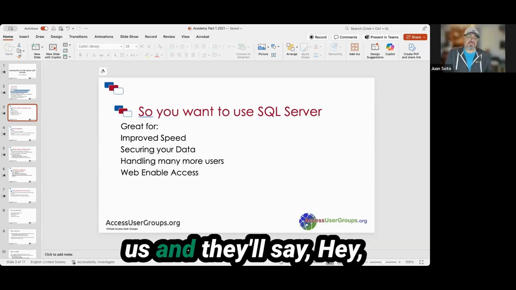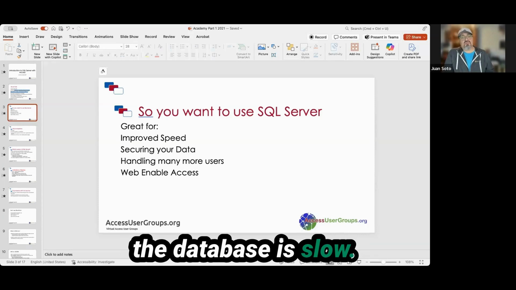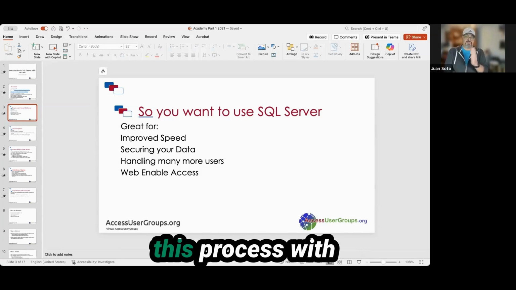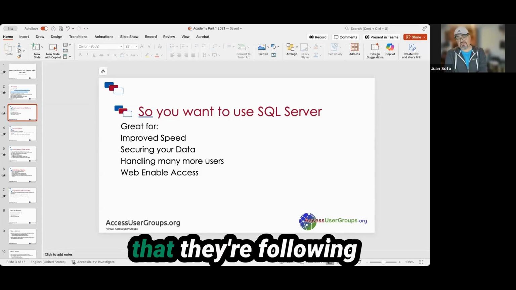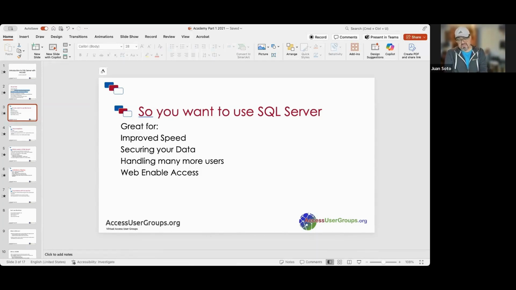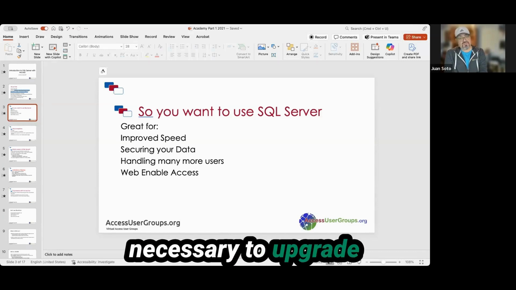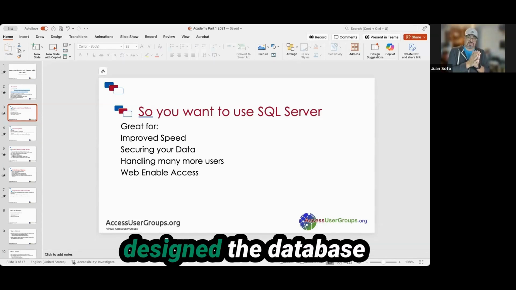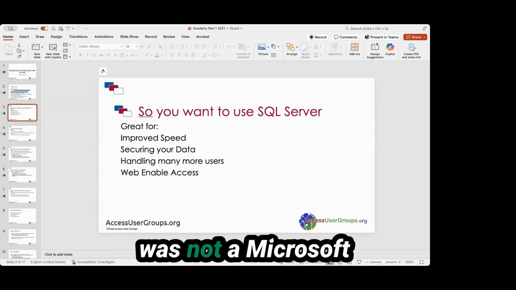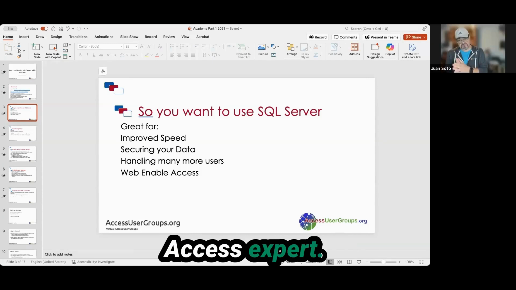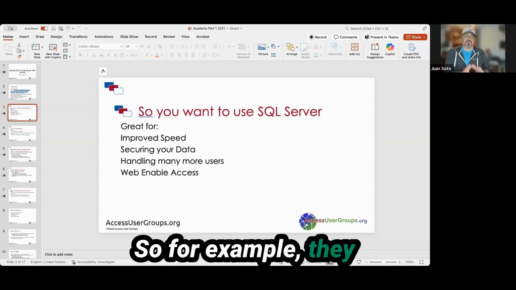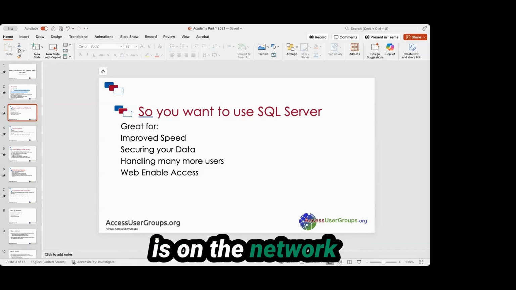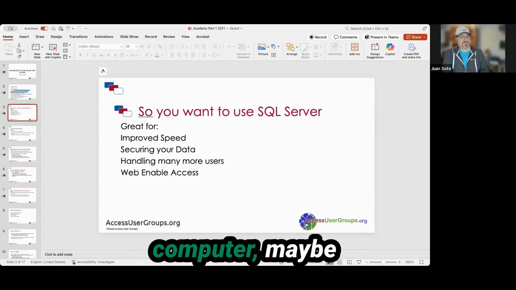Sometimes they'll call us and they'll say, hey, the database is slow, it's crashing all the time. And so we go through this process with them, make sure that they're following best practices. A lot of times it's not necessary to upgrade to SQL Server. It's maybe because the person who originally designed the database was not a Microsoft Access expert. So for example, they didn't split it into front end and back end, where the back end is on the network and the front end is on the local computer.